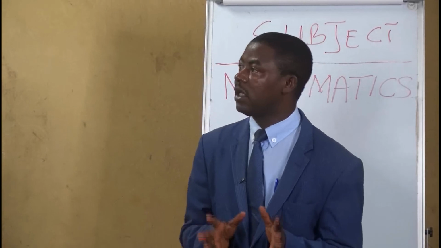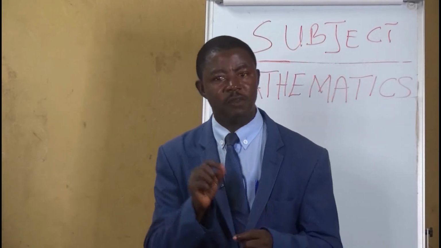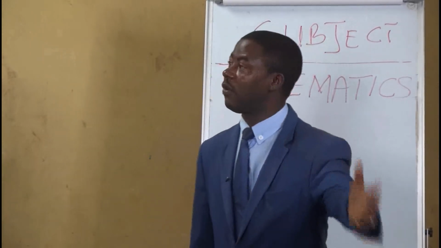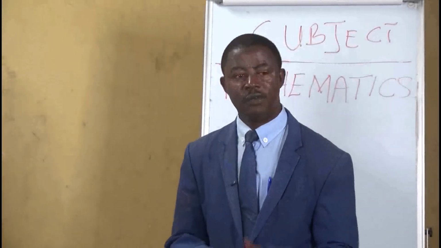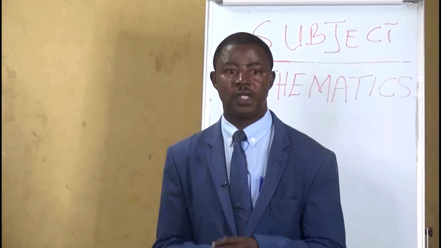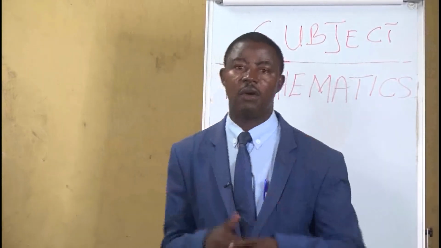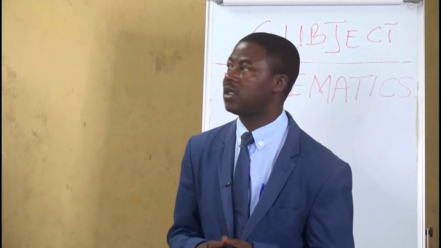And then in the geometric progression, we are expected to find the sum of the first n terms, and we are also given the formula. Students, you are expected to take note that these formulas are in the four-figure table. In case you cannot grab it here, you can make reference to the four-figure table.